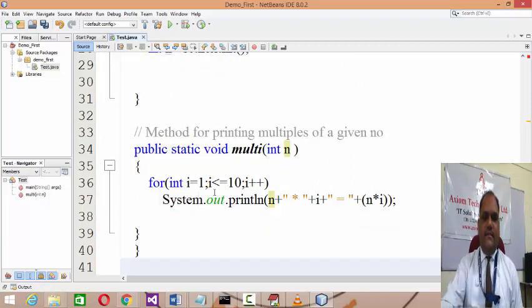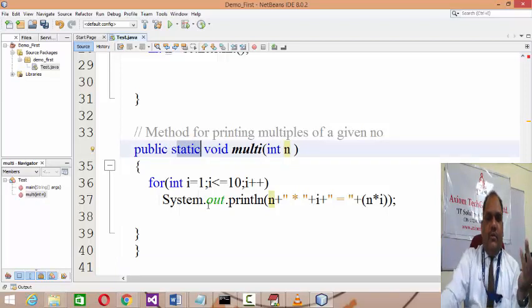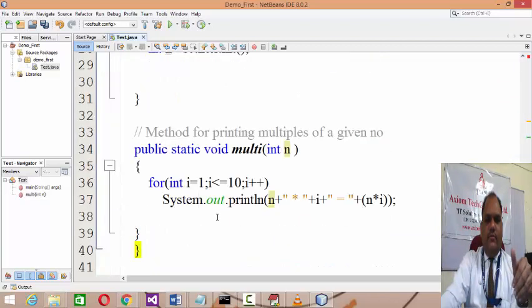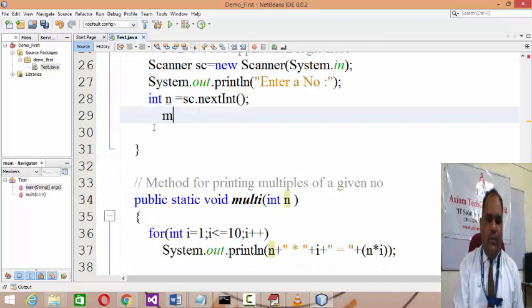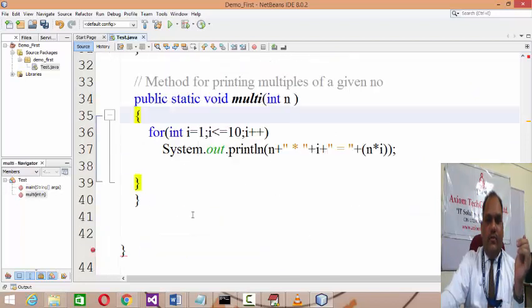Now this is the method definition. As we are generating 10 multiples, and a method cannot return more than one value at a time, it's a void type of method we develop, and it's a method of static type. So class reference is required, and if we are referring to the same class, there is no need of class reference also. So I can directly give a call, like it's a void method, nothing returning, so multi, and pass on the value of the number, call to static multi, right? Whatever number you input, it will give a call to the static multi, and it will develop the 10 multiples of it.